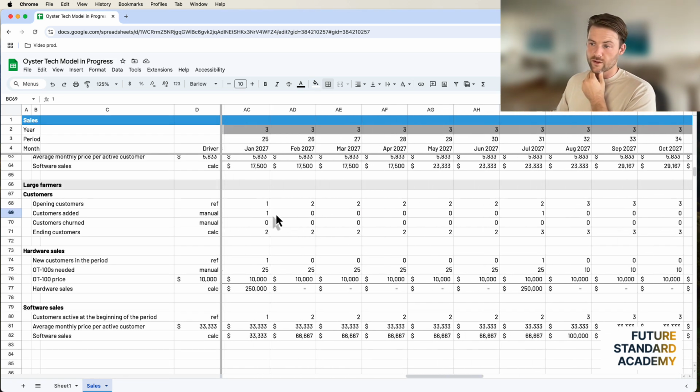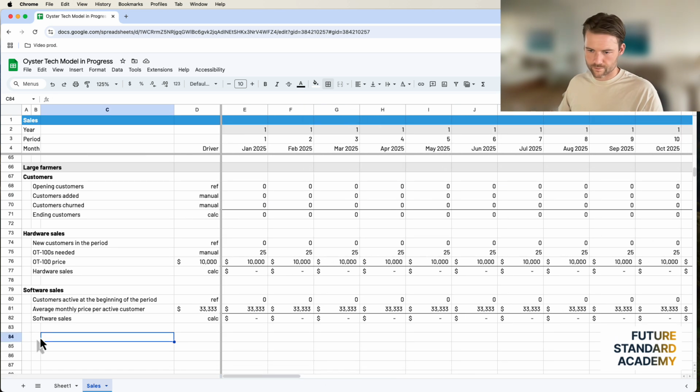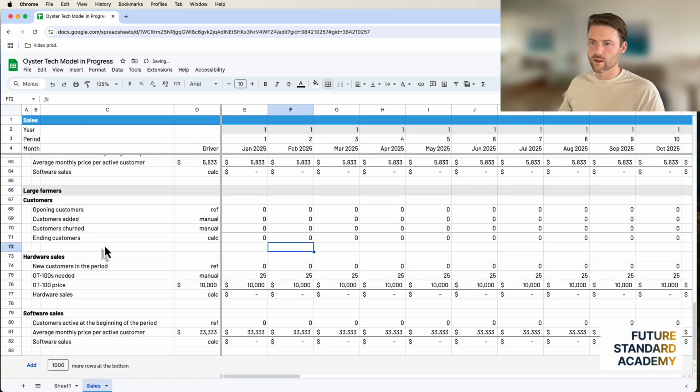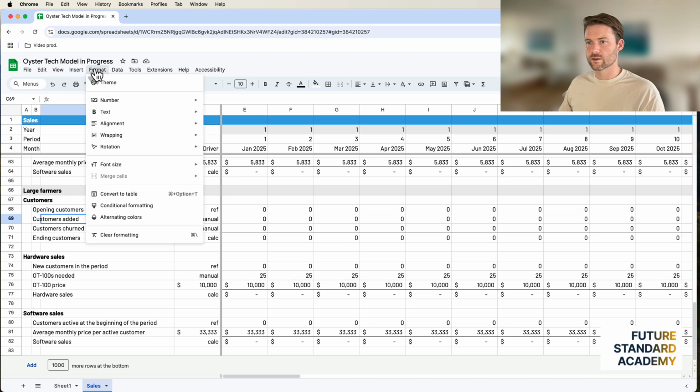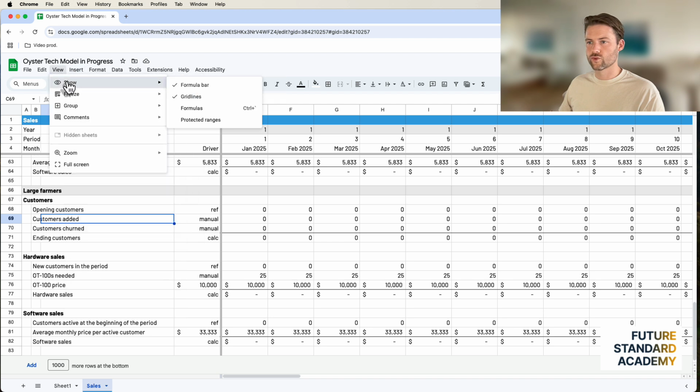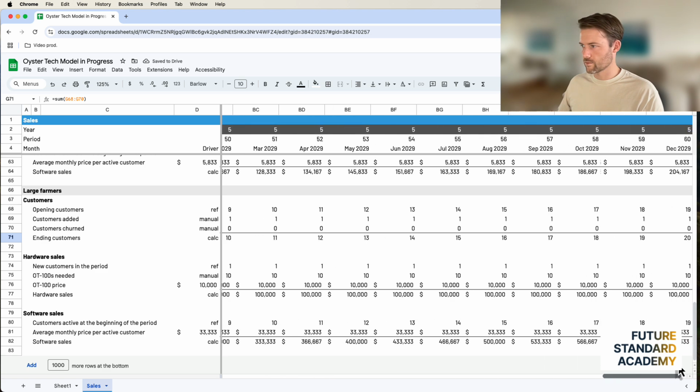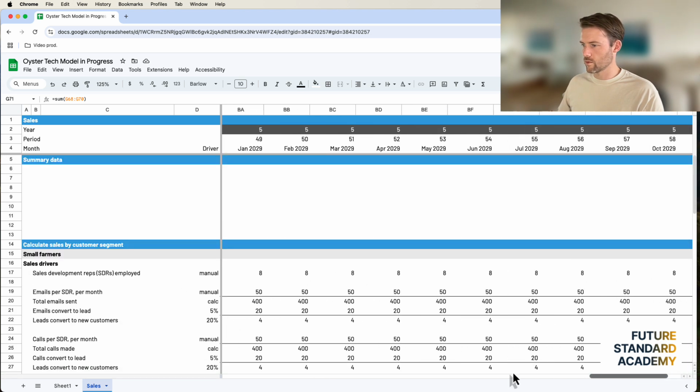And they're not going to start until January 2027. Okay? A couple other things I do here. I like to cancel out all the rows at the bottom. And then in terms of formatting, what I would do is take away the grid lines. And then what we've got to do is go to the top.